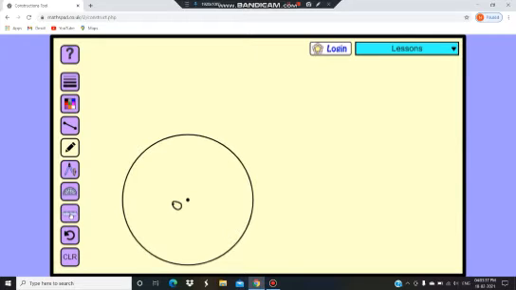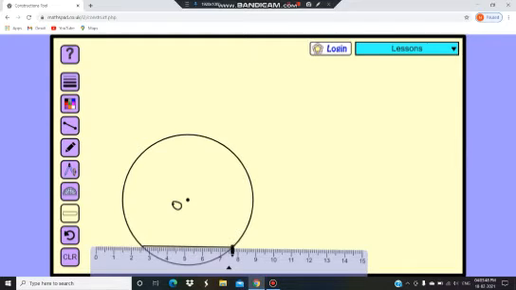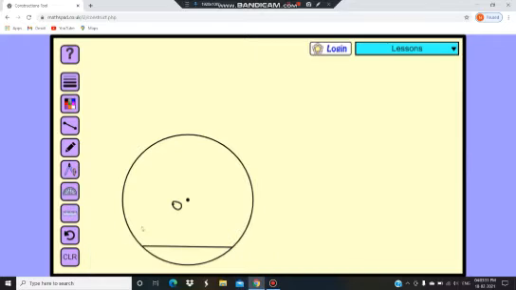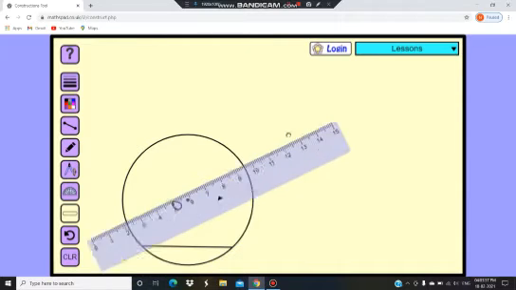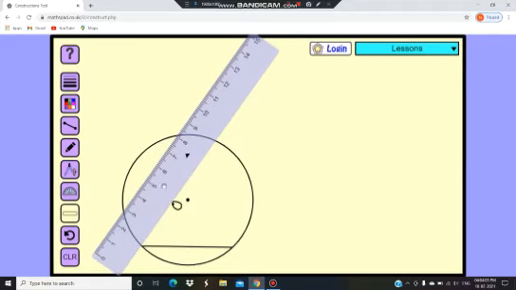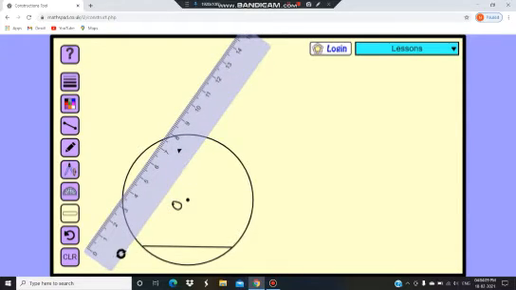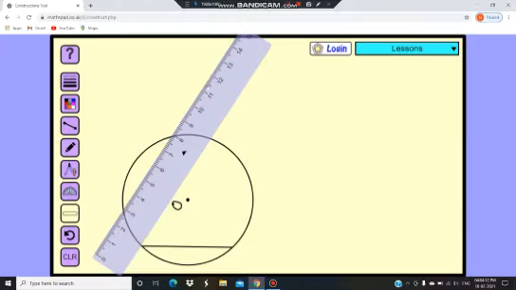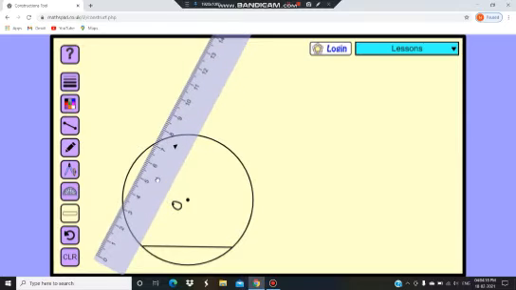So anywhere inside the circle we have to draw one chord. I am drawing one chord here at the bottom of the circle. And with that chord inside the circle we have to draw one triangle. We will consider this chord as the base, and with that base we will draw one triangle. Any measure is fine; no particular length of the triangle's sides is required. Of any measures we can draw one triangle inside the circle.